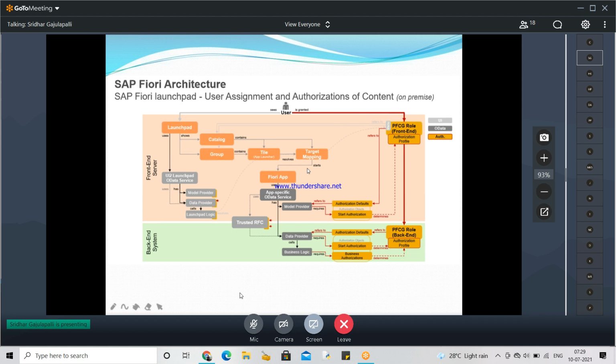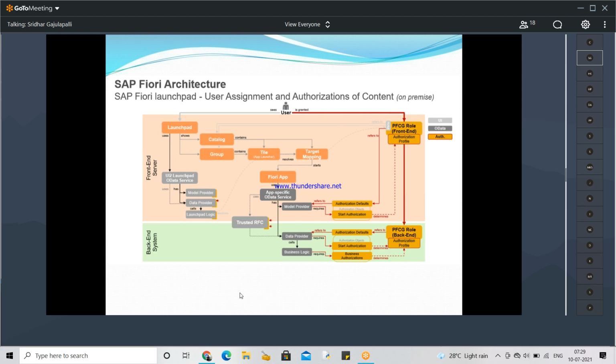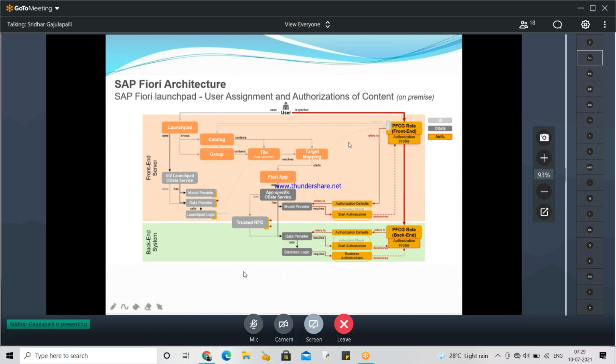Earlier, before Fiori came into the picture, users used to execute the T codes. They needed to remember T codes like VA01 to create a sales order. But today he doesn't need to remember any T code. He just logs in to the Launchpad. On the Launchpad, he sees a tile called